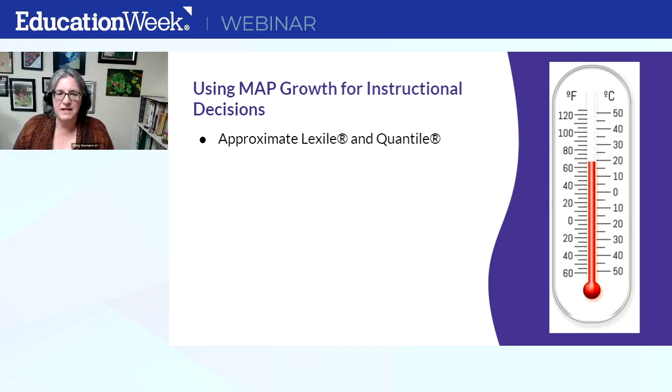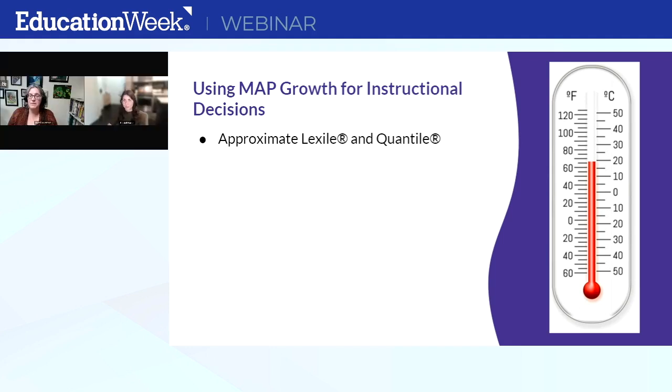You can use that Lexile range to get some independent text sets to help build background knowledge that'll help them access that on-grade text. And quantile, while not as commonly used, can be used in a similar way. If you do use the quantile framework from MetaMetrics, they have quantile measures associated with different math skills and topics. So you could